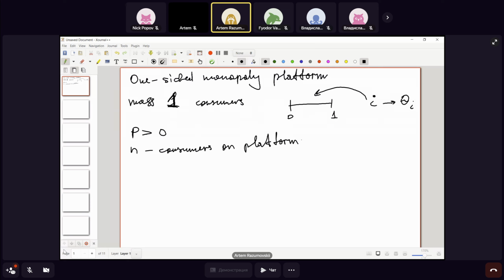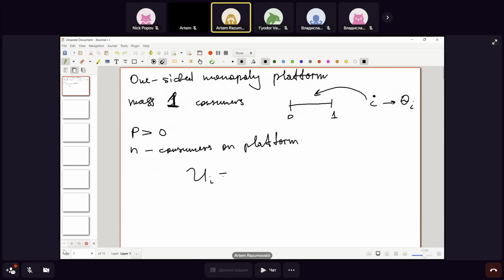That's probably enough to say what the utility of the agent is and how it depends on these parameters. So then if we are talking about the agent's utility,